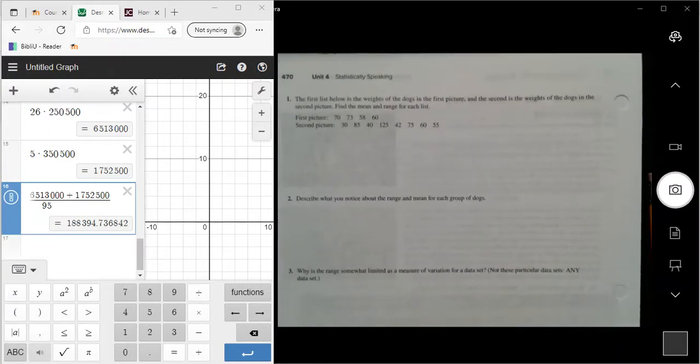Okay, now it says the first list below is the weights of the dogs in the first picture, and the second is the weights of the dogs in the second picture. Find the mean and range for each list. Okay, so now